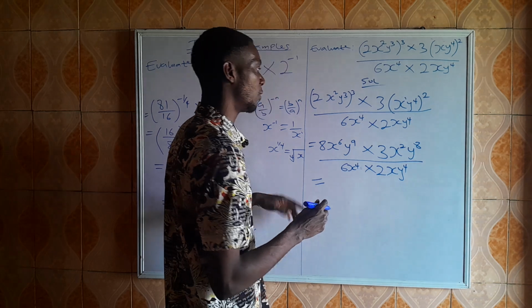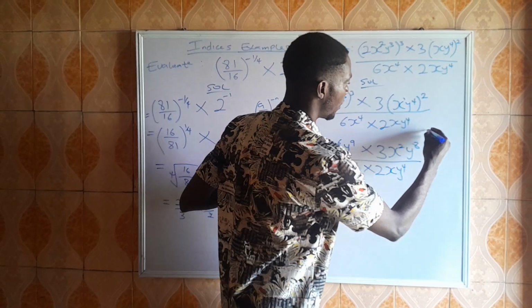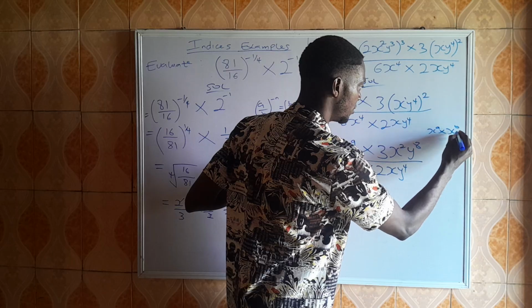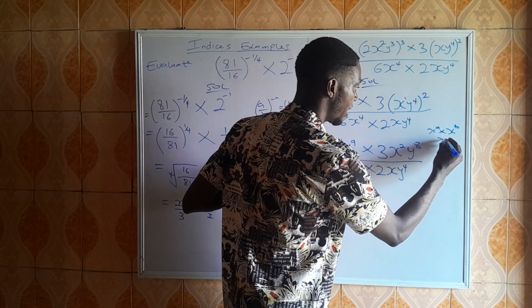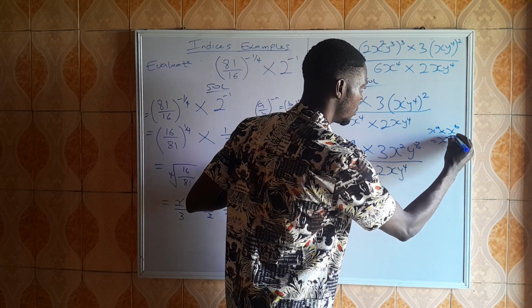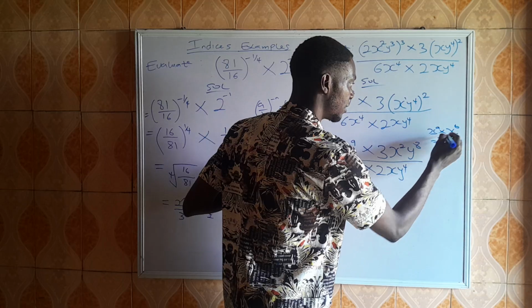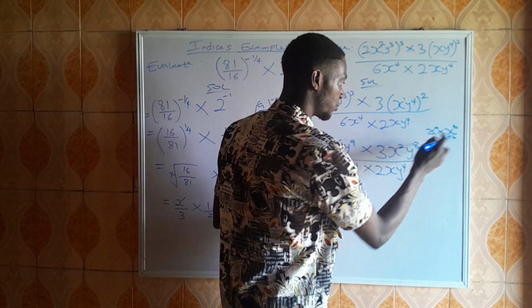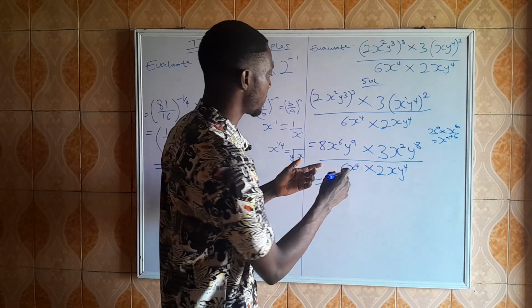Now, from our law of indices, when you have s raised to the power a multiplied by s raised to the power b, it becomes s raised to the power a plus b. So for those that have the same base, if they have the same base, then you add their powers together. So from here,